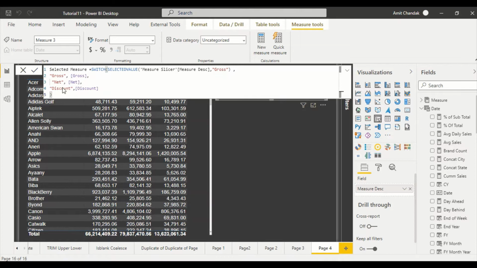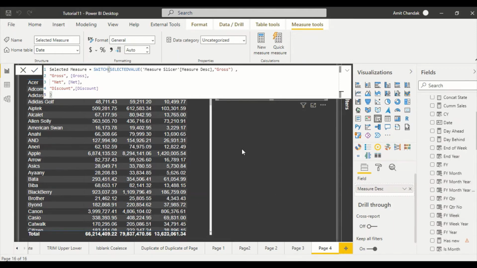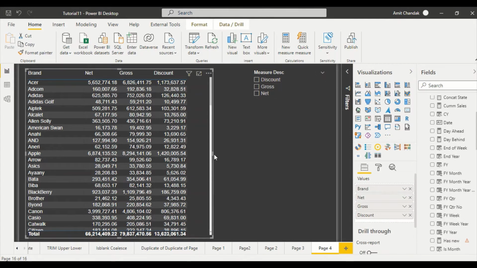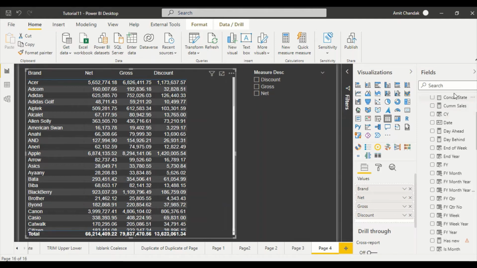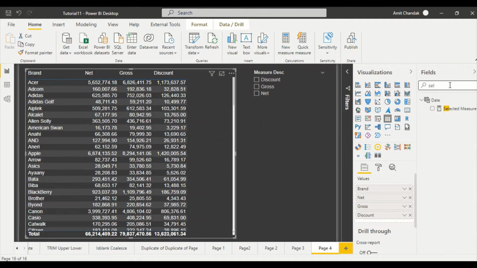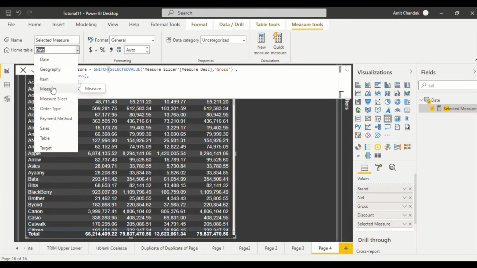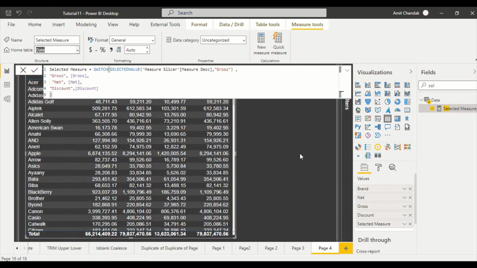So we got this selected measure. Now this selected measure will get impacted because of this slicer. So now what I can do is, let me extend this table only, because I'm going to do a similar step in Tableau. Otherwise I need to go to one sheet, which can have only one measure. And don't worry about which table your measure landed in, we can always change it. If I click here, I can move it to the table I want. I can move it anytime, move it to measure. Okay, so measures is the table where we are keeping all our measures.